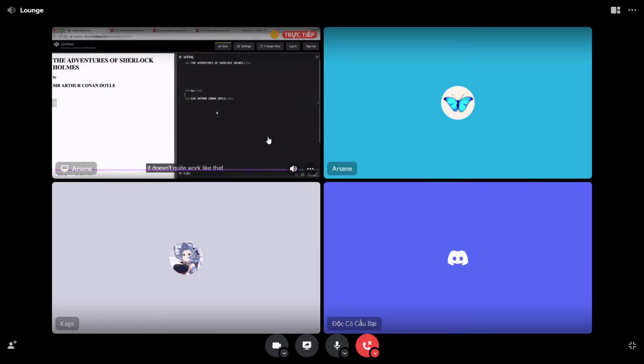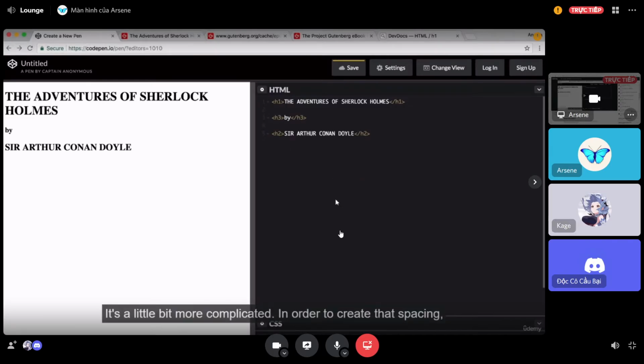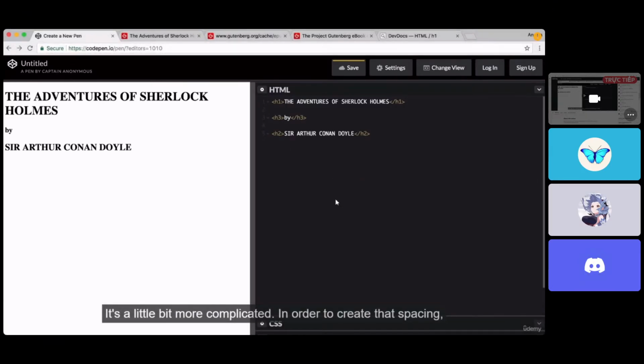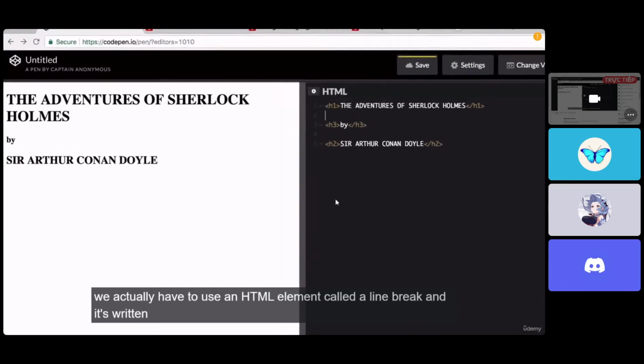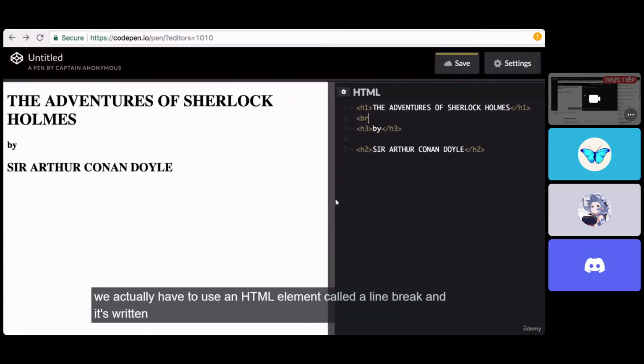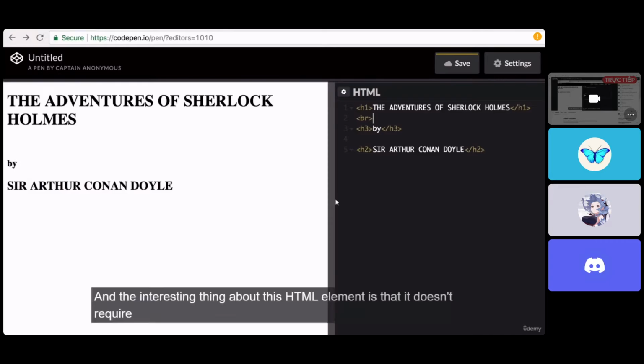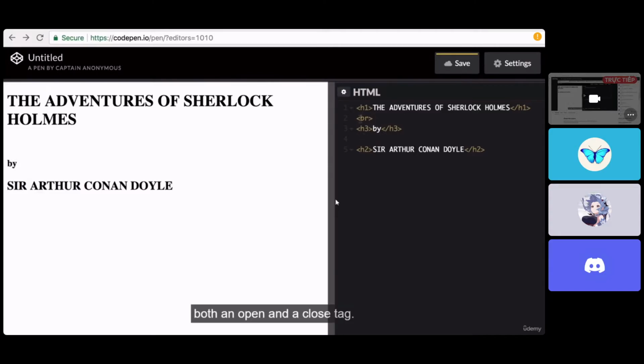HTML doesn't quite work like that. It's a little bit more complicated. In order to create that spacing, we actually have to use an HTML element called a line break, and it's written like so. And the interesting thing about this HTML element is that it doesn't require both an open and